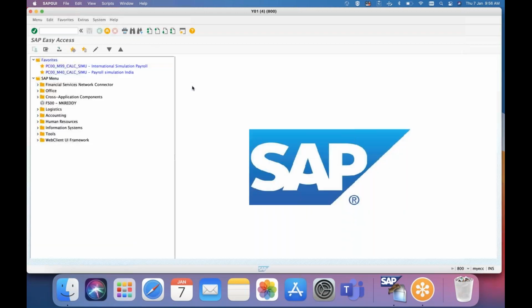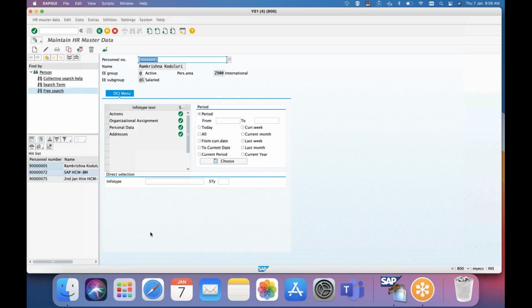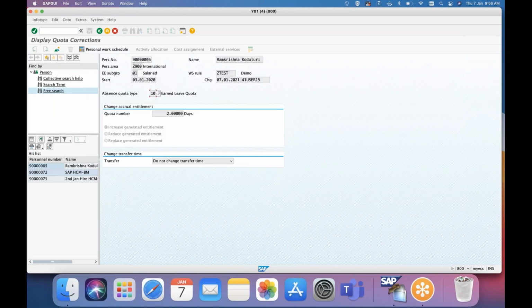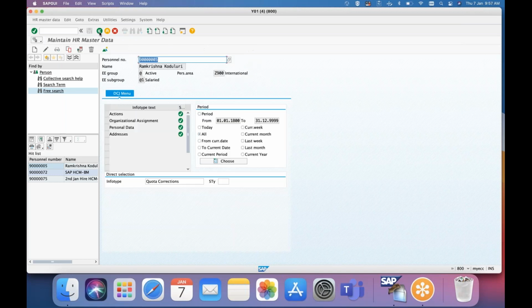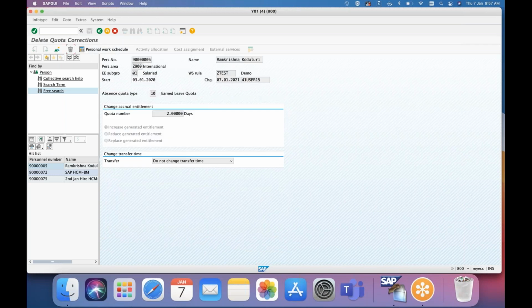2 days, okay. I have just updated, right? I have deleted the one which is on 2nd. 2 days, yeah, and I have updated as 2 days. Whatever the number you give, that will be generated. You can only see the impact of it through PD50.